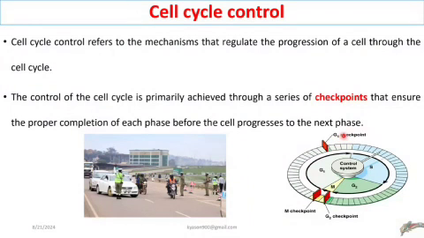We have the G1 checkpoint. This will screen the cell just before the next phase, which is the S phase. We have the G2 checkpoint. This will screen the cell just before the next phase, which is the M phase. We have the M checkpoint. This will screen the cell just before the end of mitosis. Okay, so